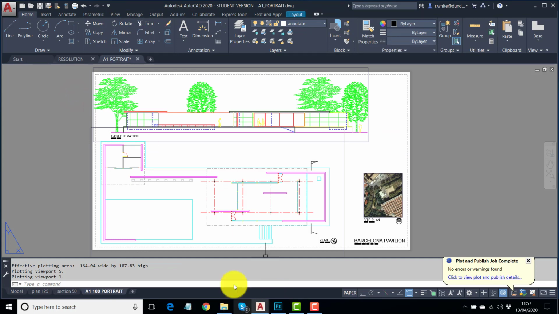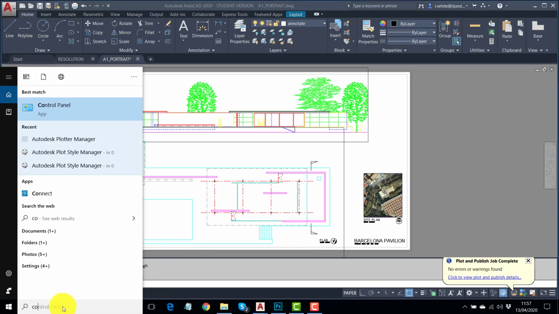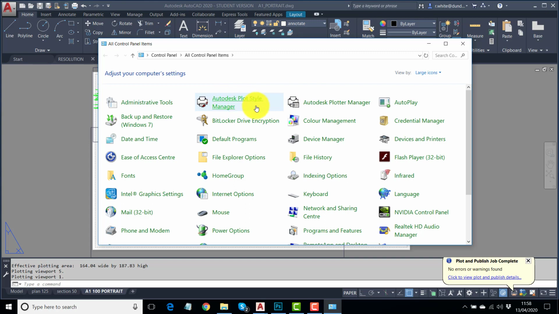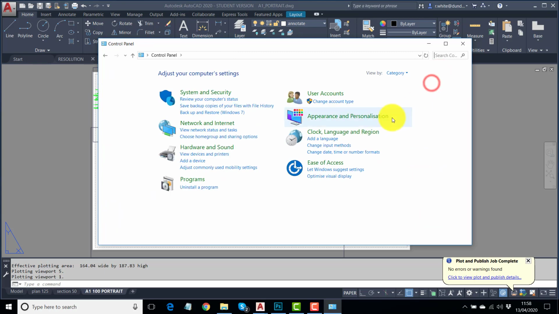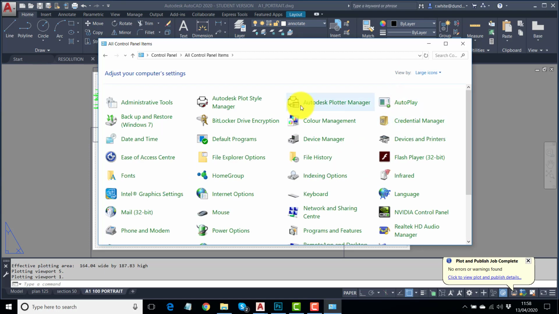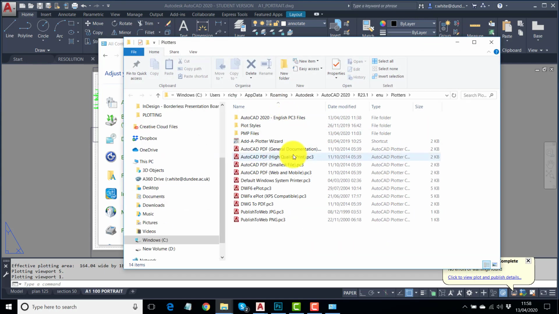Now these things that we've just tweaked, they get saved into the information in your control panel. So if I just show you what we're meaning, it's these two links here that are in control panel. Okay, if you go to control panel and it looks like this, you go to the word category and change it to large icons. Okay, so let's have a look at the Autodesk Plotter Manager. Okay, and the PMP files is what's being changed. So the DWG to PDF. Okay, if I go into here,